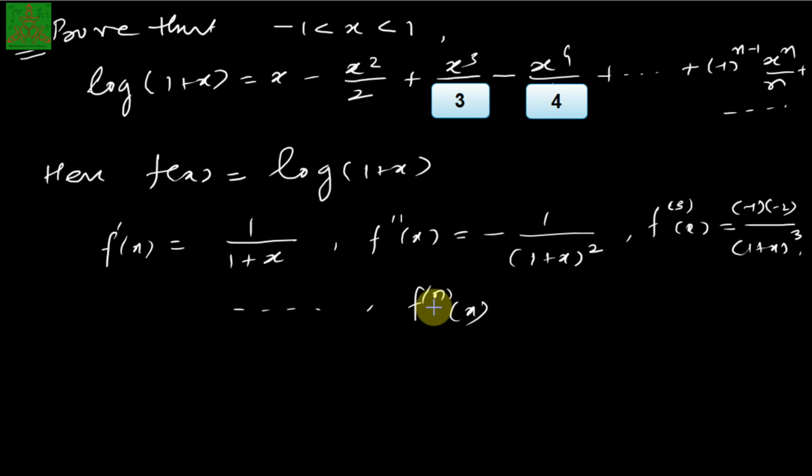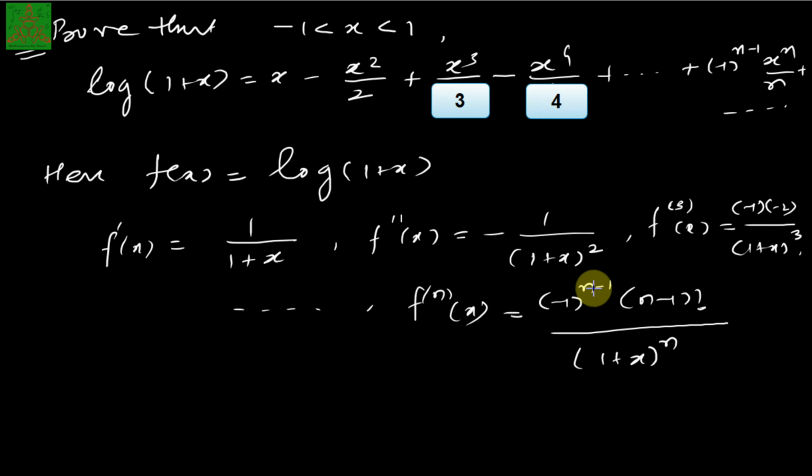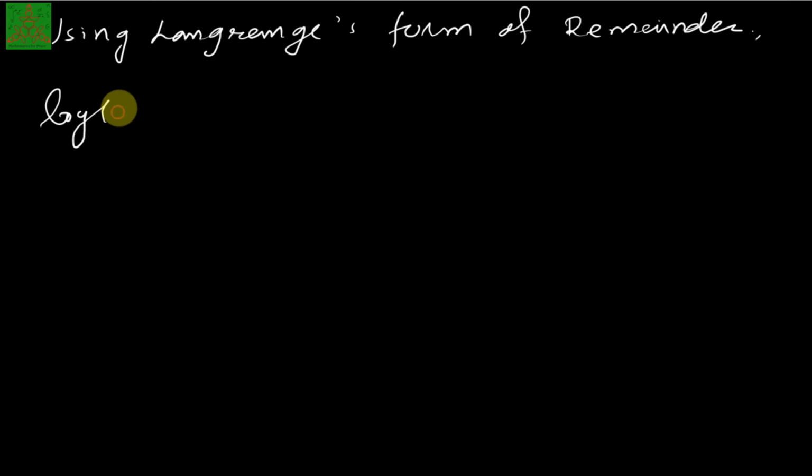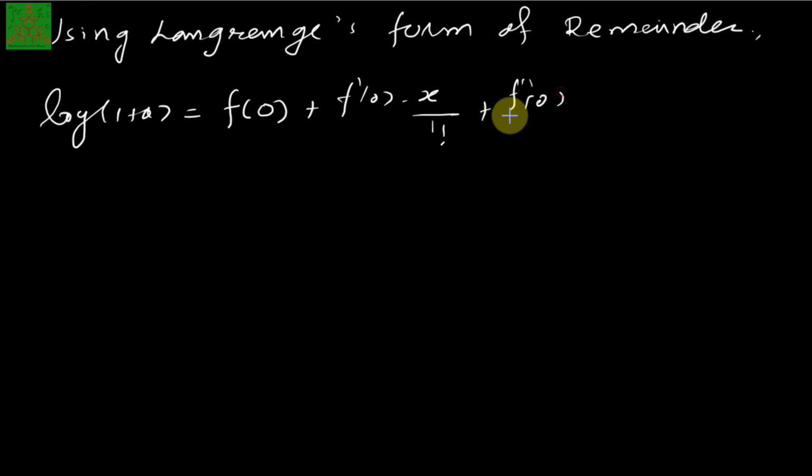So the nth derivative of this one is minus 1 raised to n minus 1 into n minus 1 factorial upon 1 plus x raised to n. So using the Lagrange form of remainder for the Taylor's expansion, we'll have log of 1 plus x equal to f of 0 plus f dash of 0 into x upon 1 factorial, f double dash of 0 upon 2 factorial into x square, up to and so on, nth derivative at 0 upon n factorial into x power n